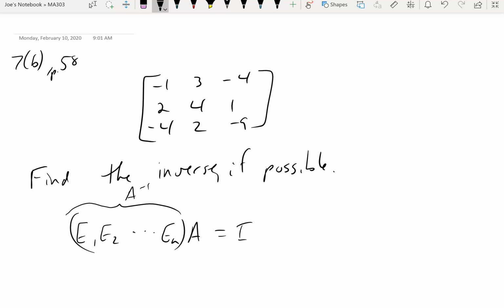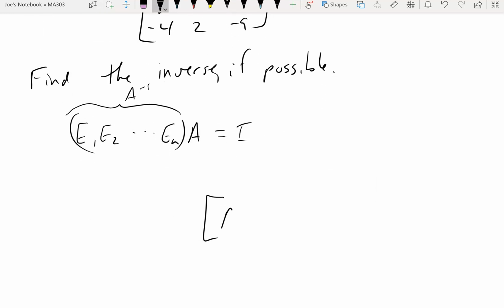Well, the idea behind this, of course, is that if I put the identity matrix on the right here, when I augment, and think about multiplying all of these together on the left to do the row operations, it'll multiply each of those elementary matrices by the identity matrix, and basically on the right, you'll end up with that product. What I mean is that if I take my matrix A and augment the identity matrix, and then multiply on the left by whatever,